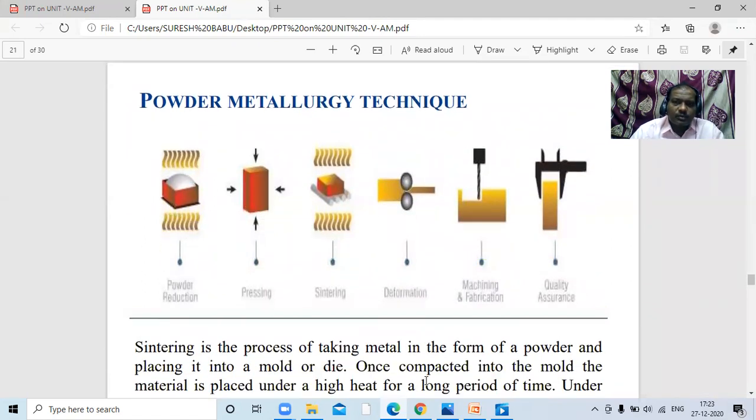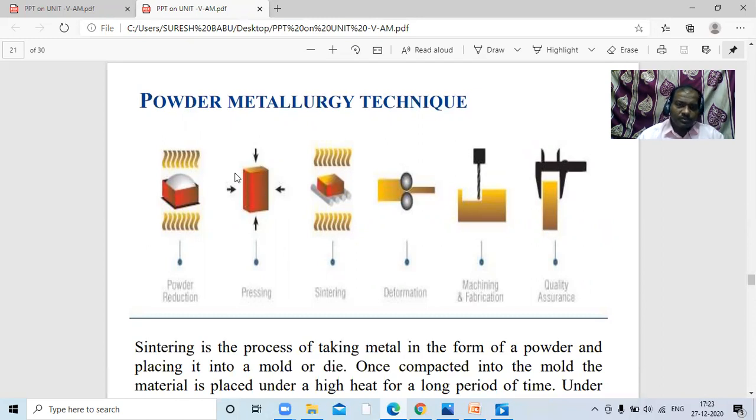Die means a closed enclosure. In this closed enclosure, we take the raw material in the form of powder, and after that, the powder is pressed under a mechanical or a hydraulic press. It is our option to choose whichever is possible.